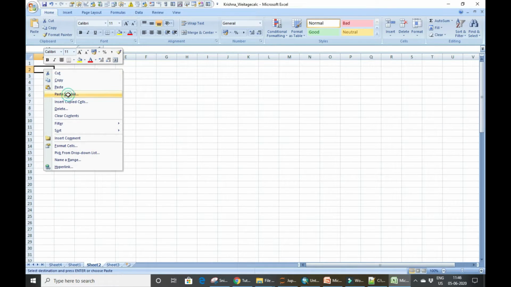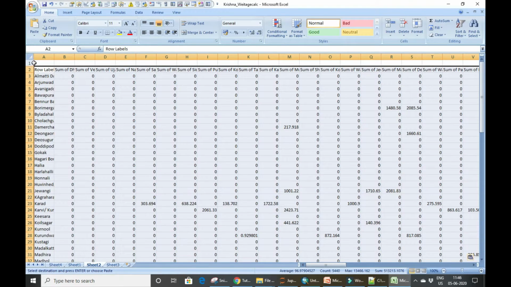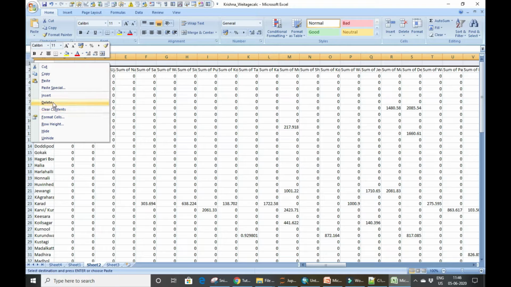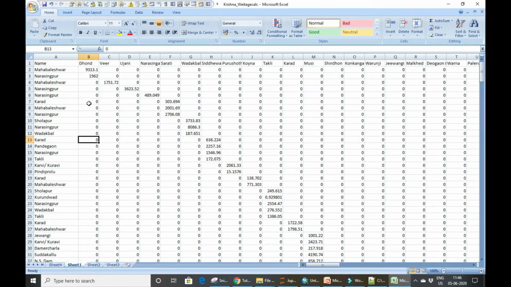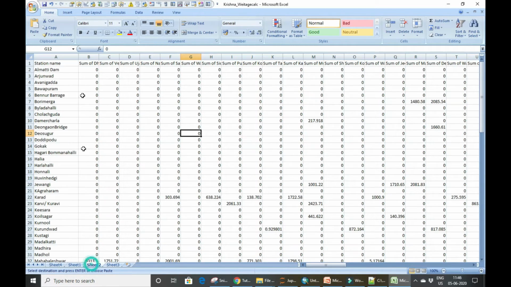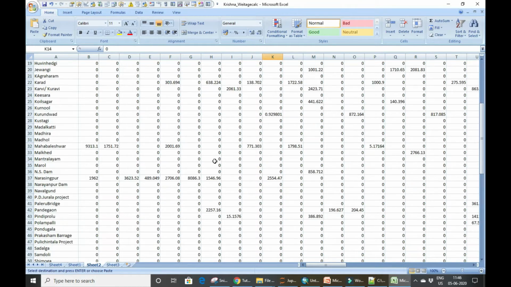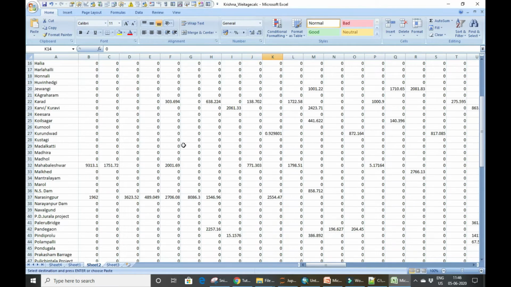I will also copy this and paste it in a separate sheet. Paste special, value, OK. Here I am ready, this is the table, and this is the station name, and this is the subcatchment name.